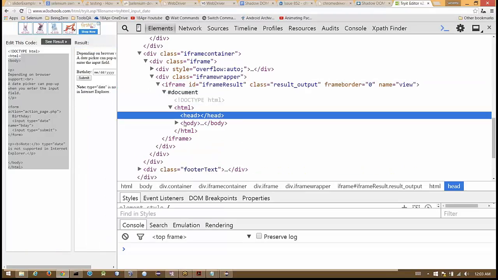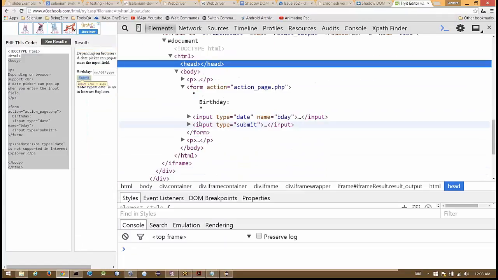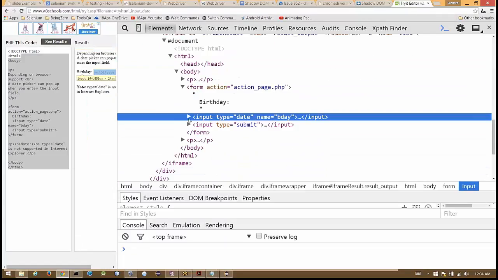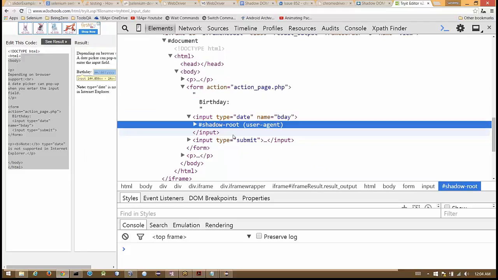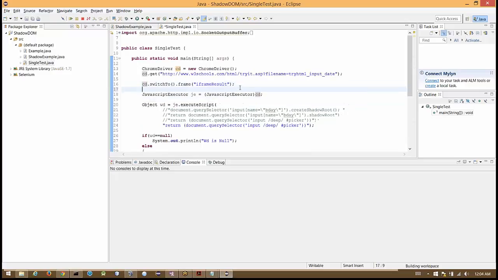So there is HTML and this is the body. In that body, in the form, I think there is a date control, which is this, and under that we have a shadow root. So based on the investigations, ideally if we run JavaScript, we should be able to locate this element. So what I was trying to do was, this WebDriver allows us to run JavaScript as part of the browser. So what I did, I converted this to JavaScript executor, and based on that I'm trying to run javascript.execute script, and what I'm saying is